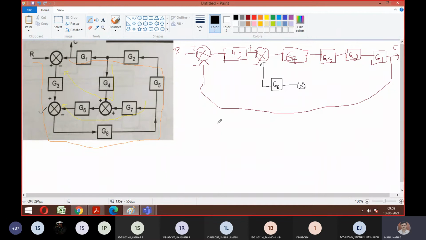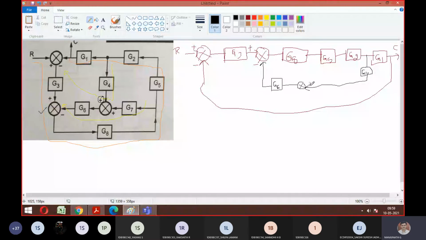So you can look here, G4 should be lying between G1 and G2. It means this junction. Agree? In this junction, G1 and G2 are there. So here I am supposed to connect G4. So this connection should be connected to this summing point. And look, is it plus or minus symbol? Plus. So connect plus. So one part is over. For this summing point, you have two connections, G7 and G4. G4 is between G1 and G2.